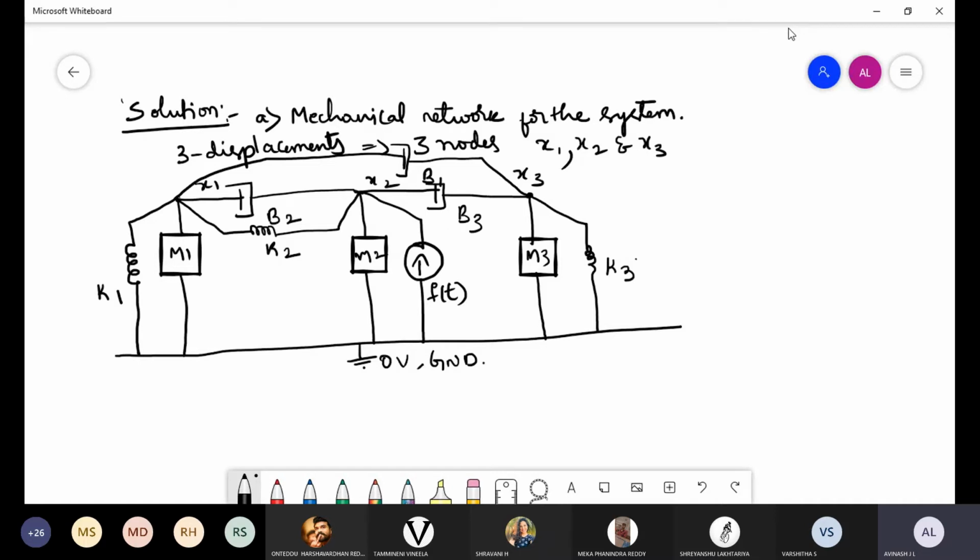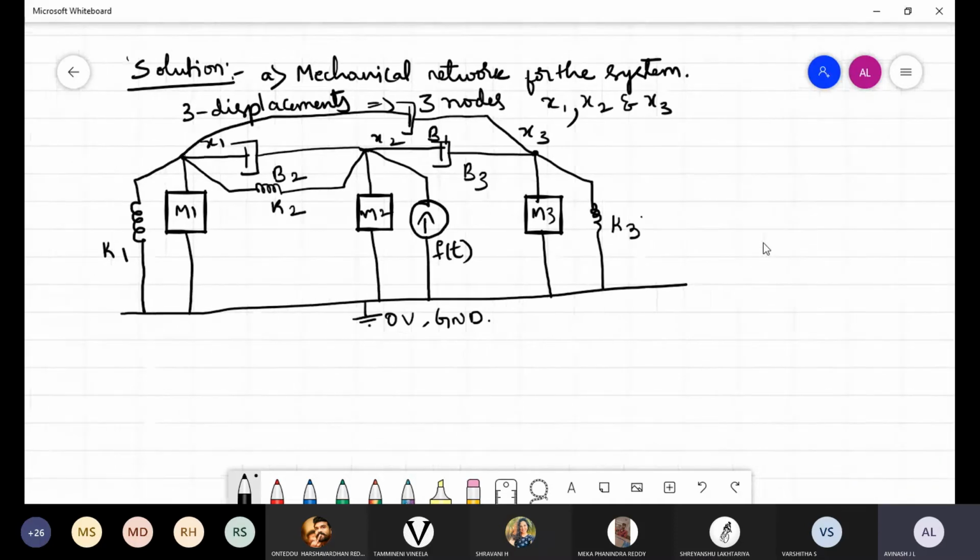So now, once it has been done, what is the next thing we need to do? We need to write the equation of motion. In order to write the equation of motion, we must consider each and every node. Okay, so now I can say that